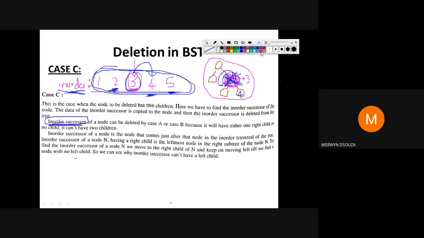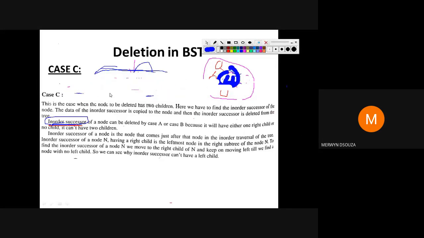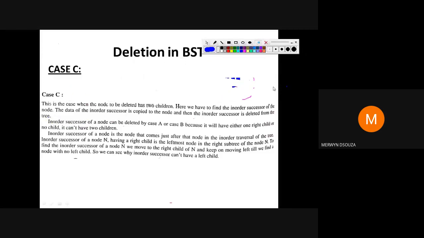So in that case, what you will do? Delete this, remove this tree. You don't want it anymore. Okay, and copy this in order successor in the place of tree. So here you will put the in order successor. So that in order successor is 4. Once you have copied the in order successor, remove this successor from here. That is how you delete a node having 2 children. Okay, I've just shown you one example like this on this slide, so that you can read what I'm telling you. Okay, we'll see now proper examples on the remaining slides.